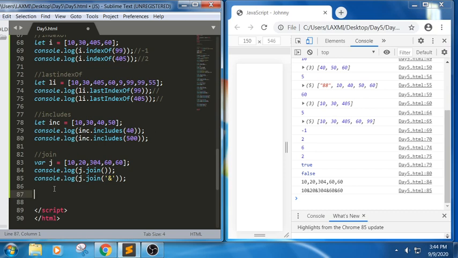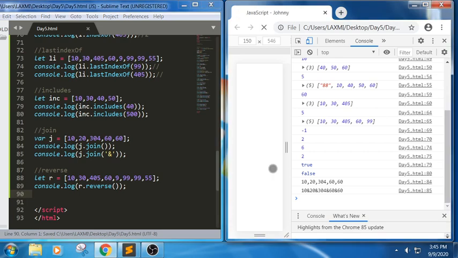Next one, reverse. Let me write reverse now. I will copy this long array so that it will be easy for us. I want to print the reverse of this array's elements, so r.reverse.